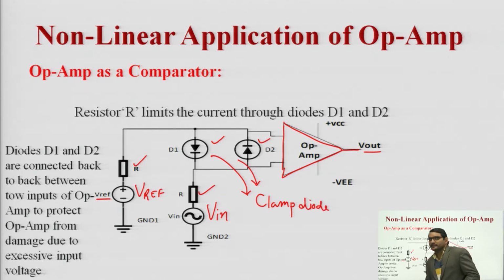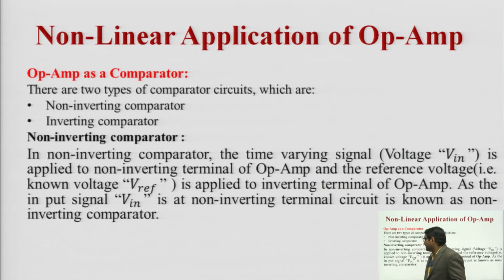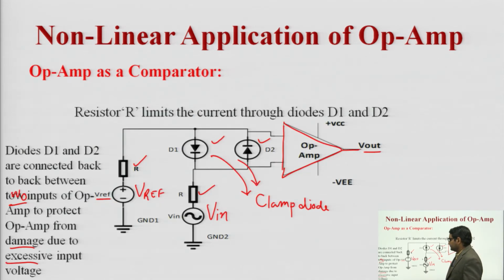It is basically a clamp diode, and it can be used between the two inputs of the op amp to protect the op amp from damage due to excessive input voltage. If you increase the input voltage V in or V reference, then it can damage the op amp. This diode D 1 and D 2 can protect the op amp from excessive input voltage,